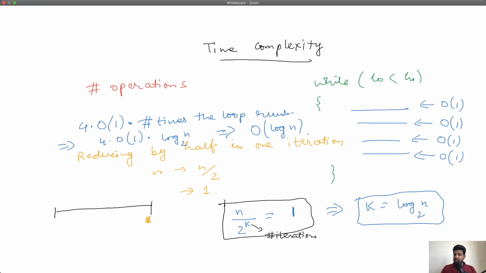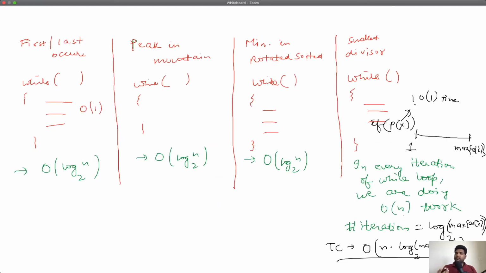So you had a search space of size n to begin with, and in every step you are halving it. If you do k operations, by the end of k operations, your search space should have become 1. So n by 2 to the power k has to become 1, which tells us that the number of iterations is log n.